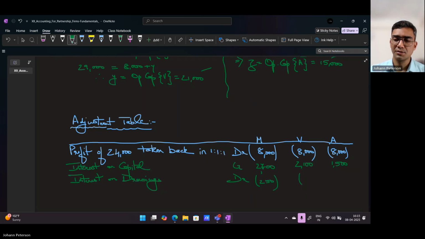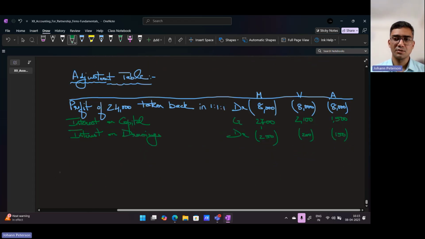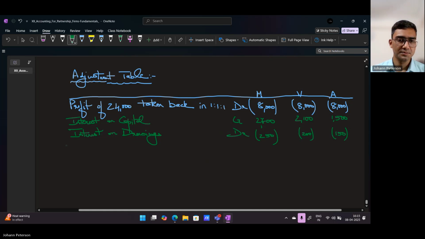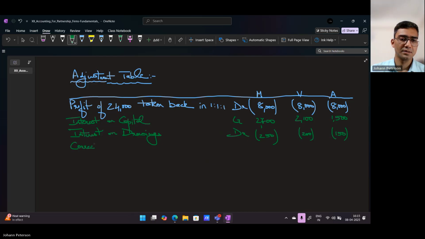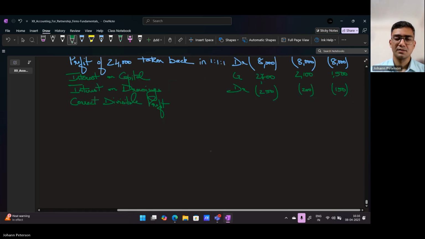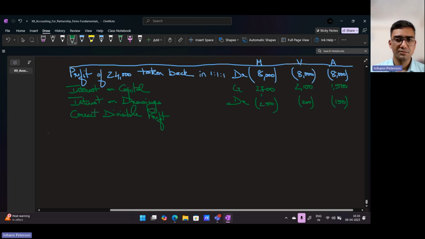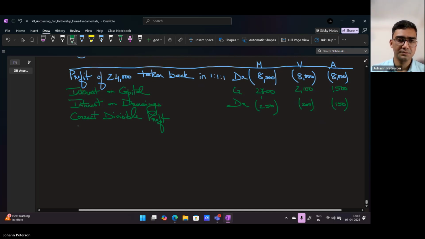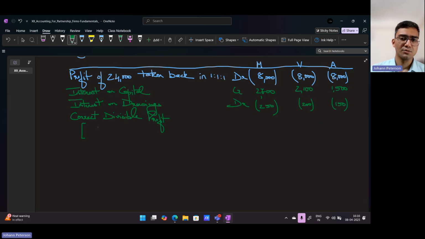250, 200, and 150. Now, after we have done all this, what is our correct profit? So we will write correct divisible profit. How much is that? So we can work that out. We can write, instead of making the account, let's try and write it down this time. So we will write